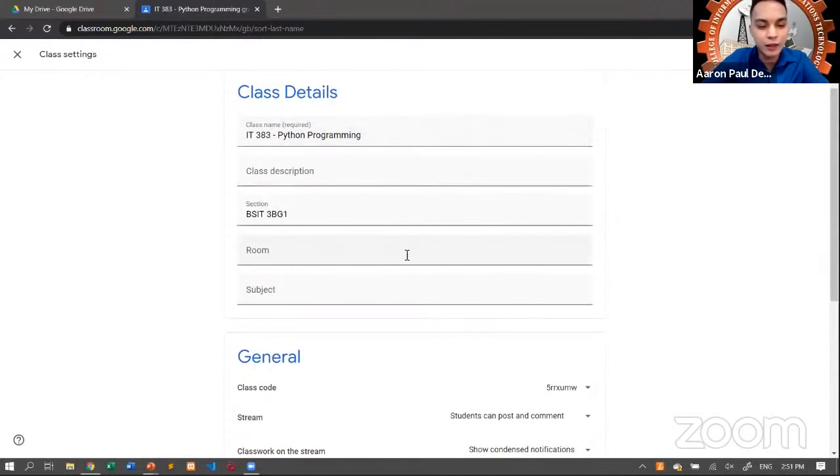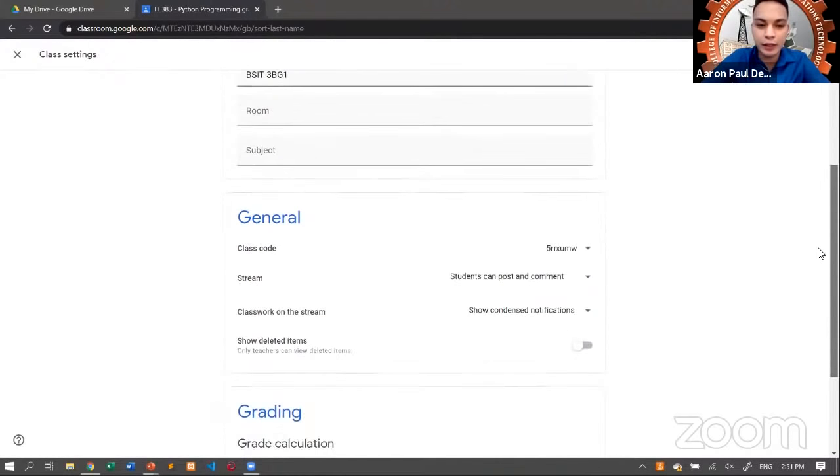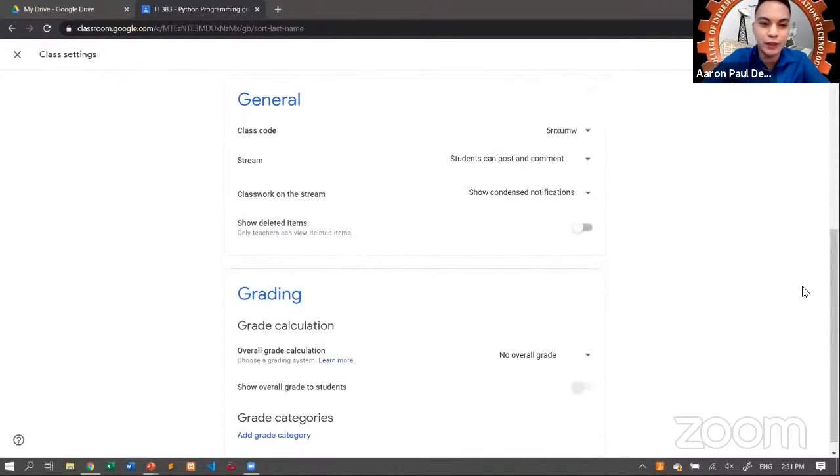So we have here the class details. Pwede po natin kumpletuhin, maglagay ng class description, maglagay ng room, and then maglagay ng subject. Another setting we have is the general settings. So for the class code, again, we have here our class code. Then for the stream, again, remember po si stream, dito po pwedeng mag-post si teacher, and then pwede pong mag-comment